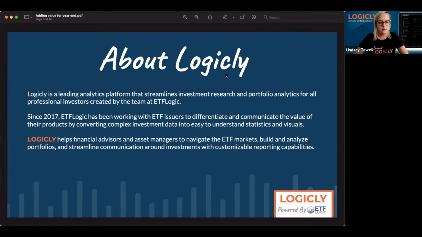So we decided over the last year or so that we wanted to launch the platform Logically for the advisor, RIA, asset manager community. So we built more tools around portfolio construction, portfolio optimization, and understanding the needs of advisors in terms of client proposals and reporting and client year-end reviews. And that's where we are today. So we appreciate you guys being on board and look forward to discussing some of the platform with you today.